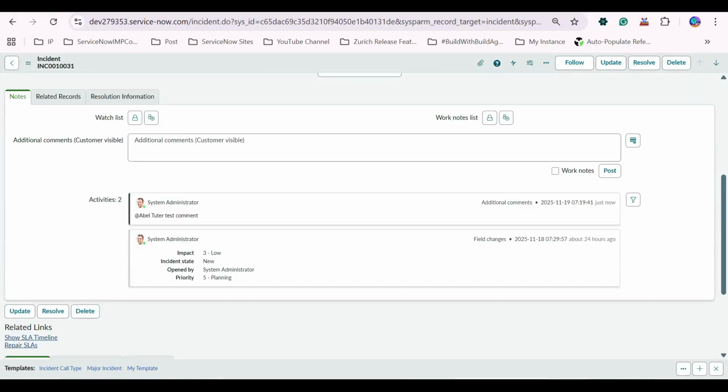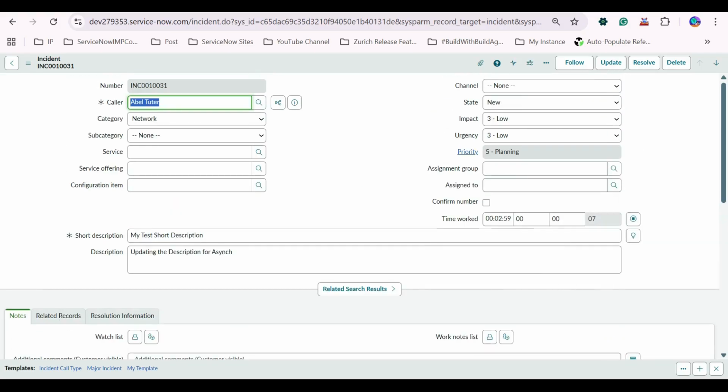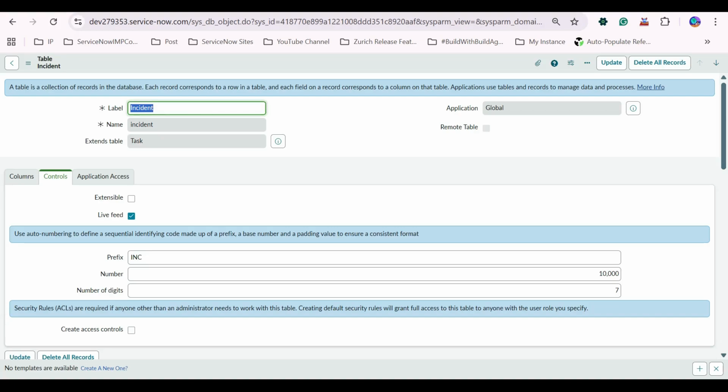It is tagged already. He will be getting the notification. Okay. And if we disable it,